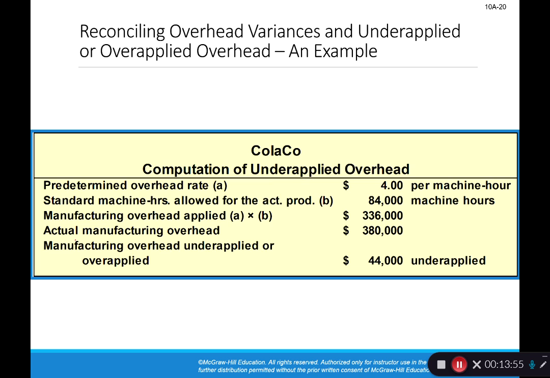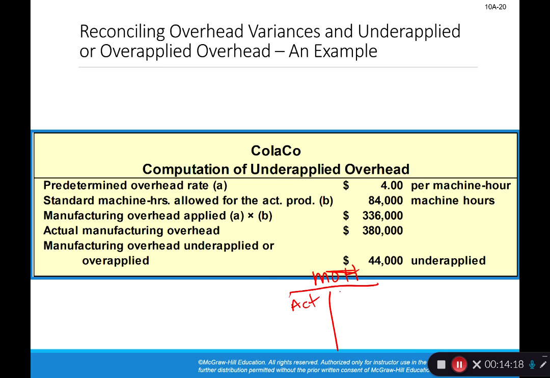So looking at Cola Company again, we have their predetermined overhead rate, the SQUAP of 84, the overhead applied of 336 in total, and the actual of 380. And then manufacturing overhead is under or over applied by 44,000. The reason it's under applied by 44, if you remember back to when we did an overhead T account,